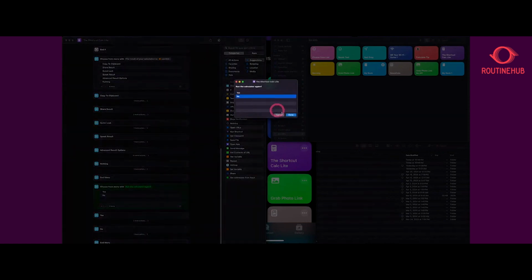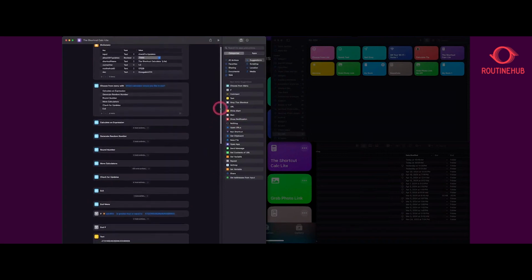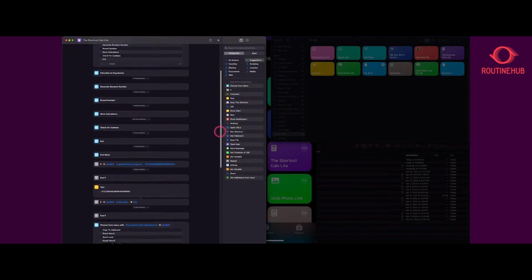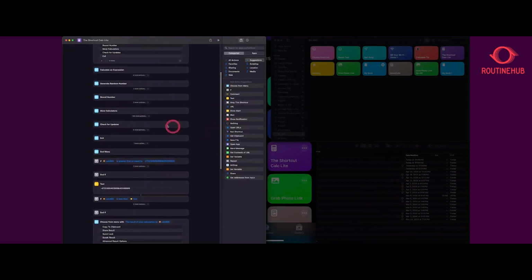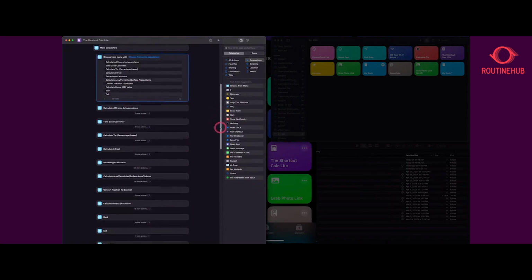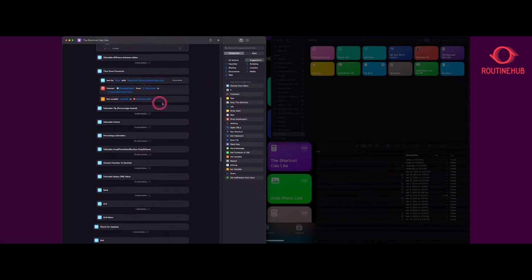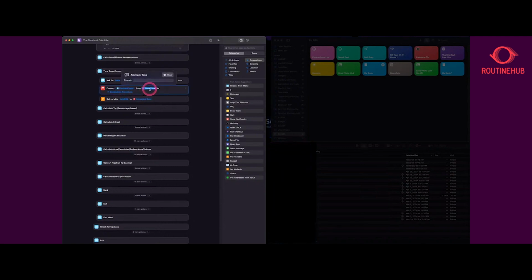Yeah, that's cool. I almost want to take that time zone functionality out of that and just have a separate shortcut for it. Right? Because I am notoriously bad with time zones. It's just so ridiculous. And then it's really easy to read through this shortcut because it's, oh, look, more calculators. And then here's the choose from menu that had all the extra types of calculators. And then, oh, look, here's time zone converter. All we got to do is ask for a date, convert it from one time zone to the other time zone, and then these are set up as ask each